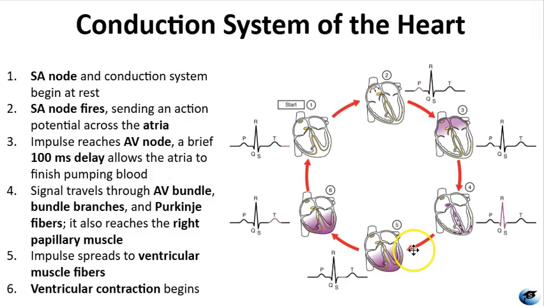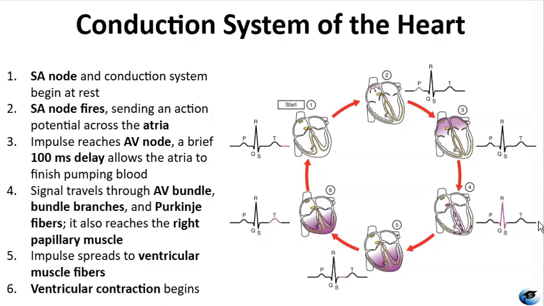Let's walk through these electrical events using this figure here. So again, the cycle begins with the heartbeat at rest until the SA node fires, and it generates an action potential that spreads across the atria, causing the atria to contract. Then the impulse will reach the AV node where there's a brief 100 millisecond delay. And this pause is important because it gives the atria time to empty all of the blood out into the ventricles before they contract. The signal then travels down into the AV bundle, the bundle of His, through the right and then left bundle branches and into the